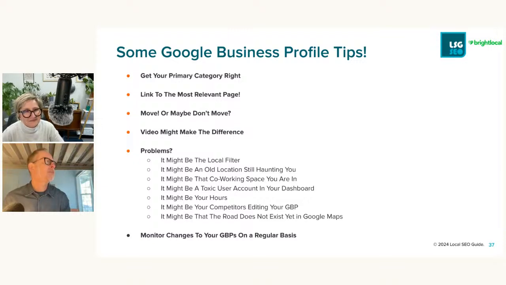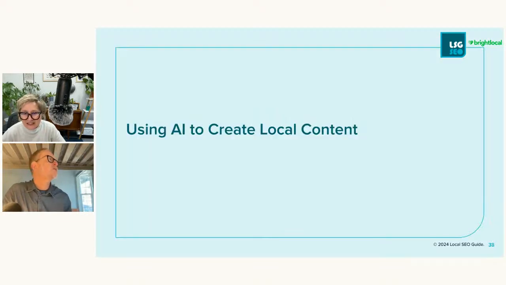This is my favorite one. We have several clients that have had problems, especially when they're dealing with municipalities, like a waste management company, that their business is in the wrong location or won't show up on the map. And oftentimes it's because that road does not exist in Google Maps yet. And so you should get used to going into Google Maps and adding roads, changing positions. Just go into the edit this location section of Google Maps. And in the case of this client where the road didn't exist, it took 2 months for Google to actually create the road and for them to show up in the right place. So you need to be a little patient.